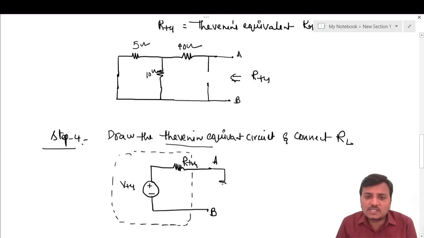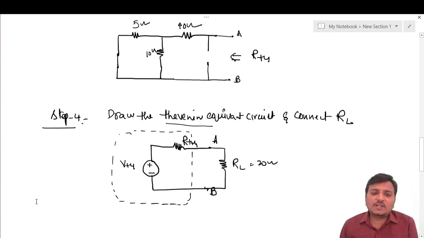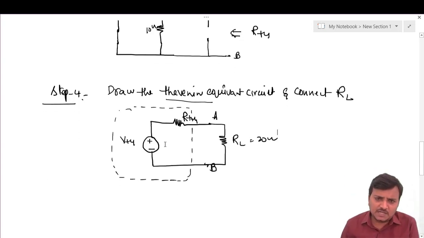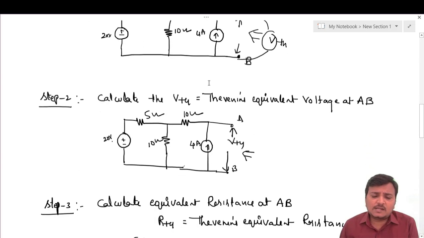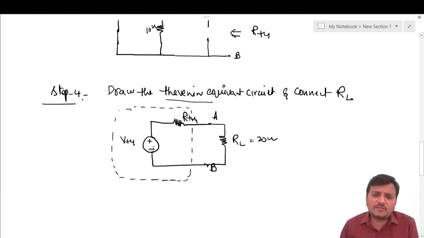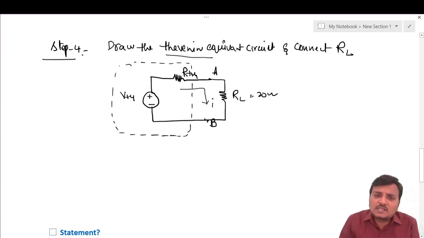So what is the RL value which was disconnected in the first step? You connect it again here. This RL value is 20 ohms. You can find the 20 ohm RL value here. After connecting this, you can see the simple circuit. In the first step you saw the complicated circuit. Your complicated circuit is simplified into a very simple form: a single source and 2 resistors connected in series. Now I can easily find the current value in RL. Simply by viewing the circuit I can easily write the current expression.